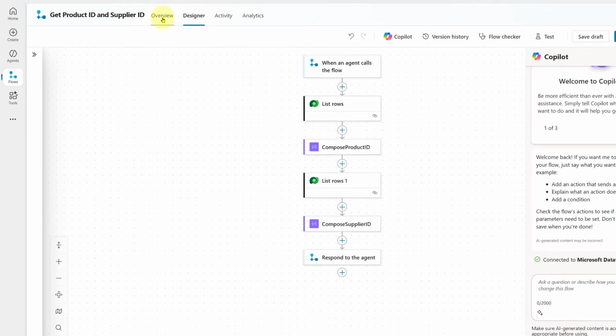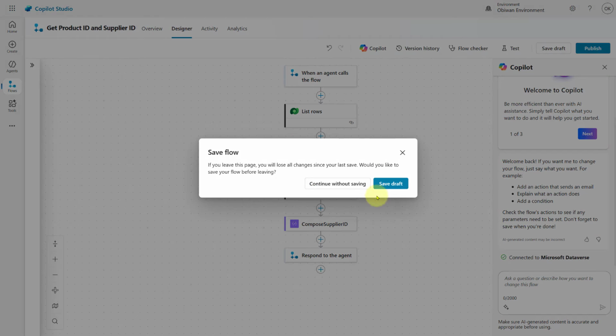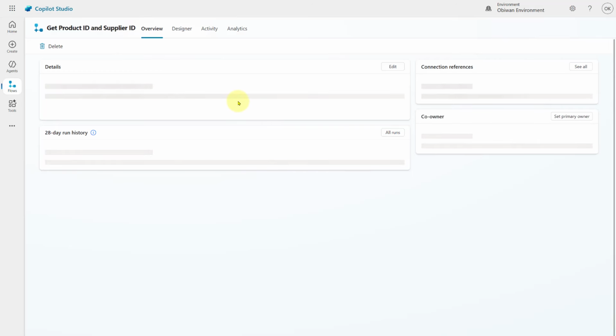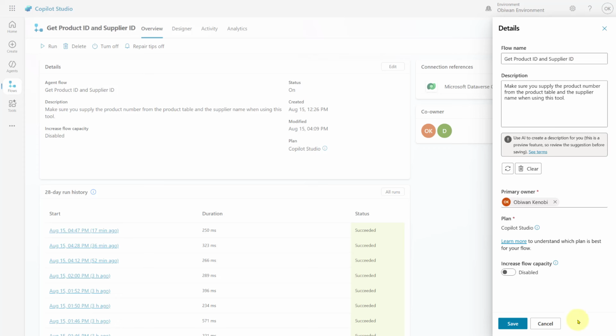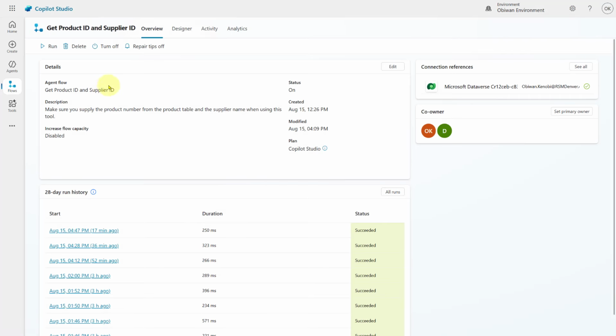And that is it. Then if you go to the overview, let's just go ahead. You can go ahead and edit that and make sure that you name your agent flow and you put in a description in there as well. So again, you can just do that by clicking edit. That allows you to make updates to that agent flow name and the description. Now let's go back to the agent,